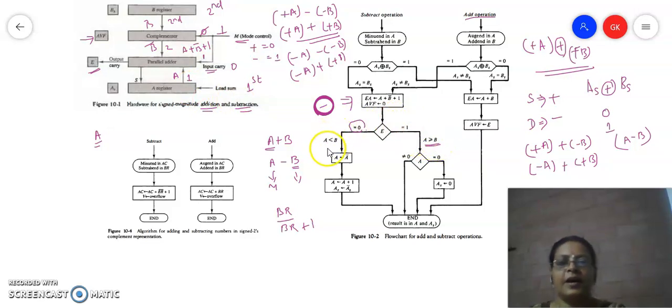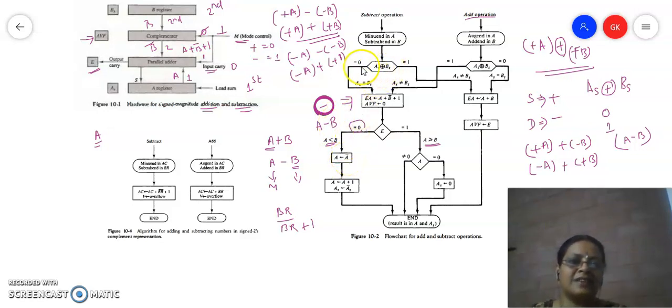Now in this case, if A is less than B, we are doing the subtraction, so we are trying to subtract B from A, and already A is a lesser number, so obviously the sign should be complemented. Whatever is there in the sign of A is complemented because B is the bigger number. B's sign should be attached to the result. So we have to complement it.